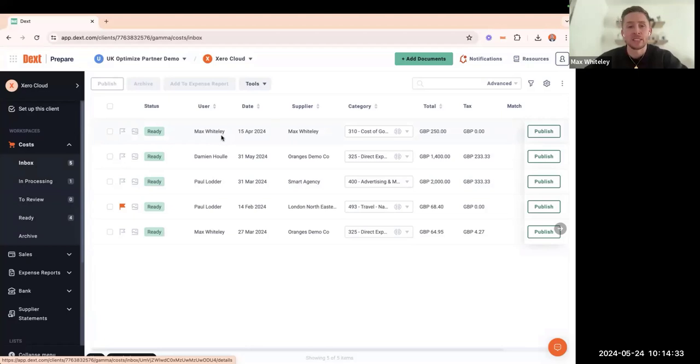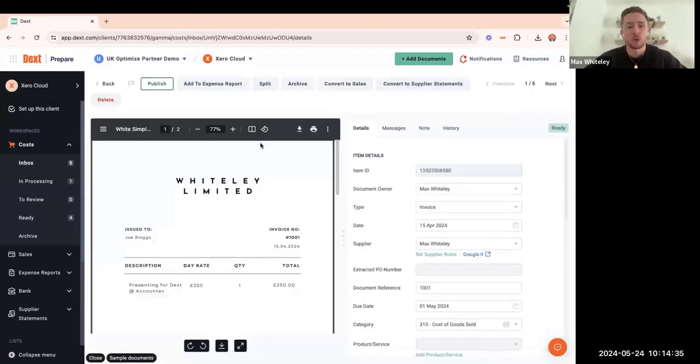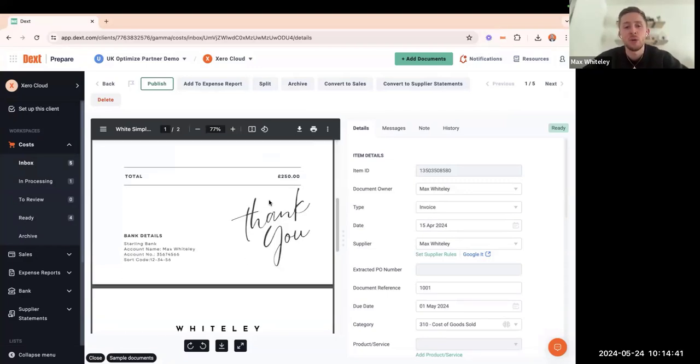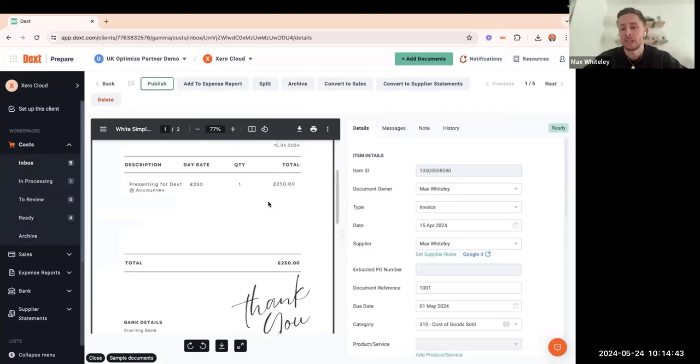give their suppliers their email-in address. So effectively, their suppliers were sending in their documents for them. And some suppliers can be a little bit tricky. And as you can see here, they've put two invoices on the same PDF, and it's come through into my